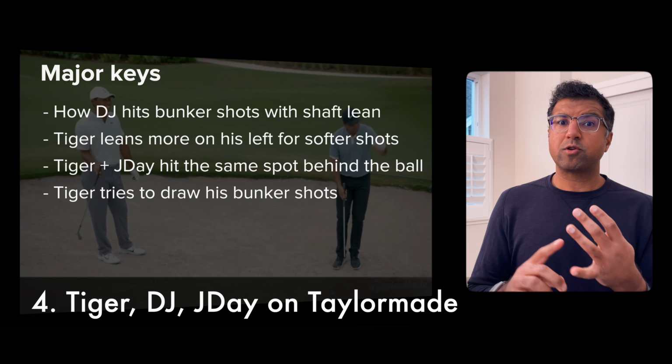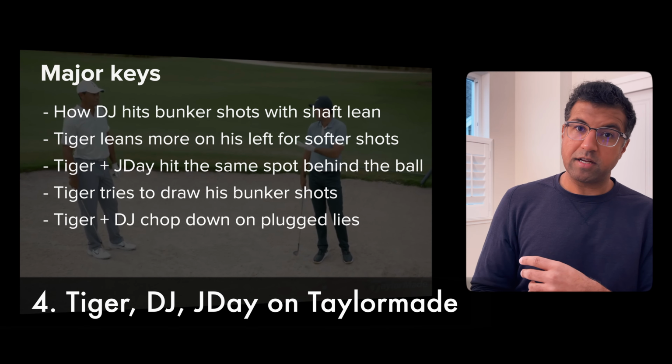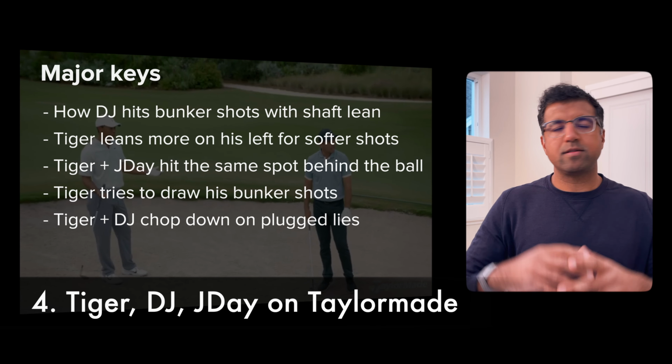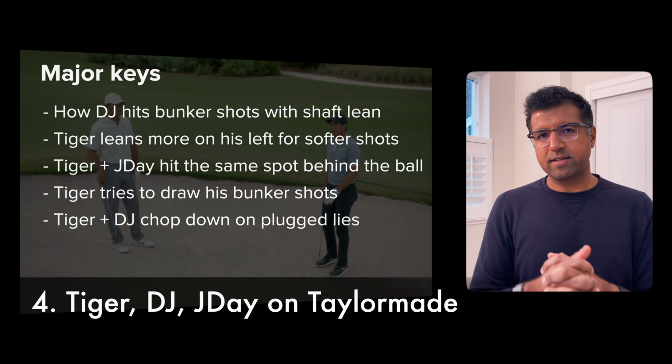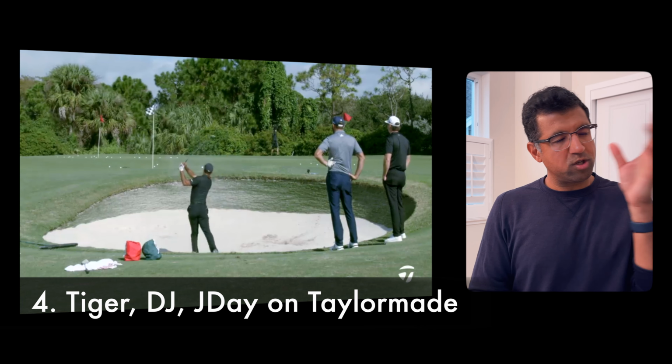Tiger talks about trying to draw his bunker shots all the time. Both Tiger and DJ talk about how they chop down and just stop the club when they're hitting on plug lies. There's just tip after tip, so many great things that just stood out. And then you've got that long bunker shot that Tiger hits, which is just...